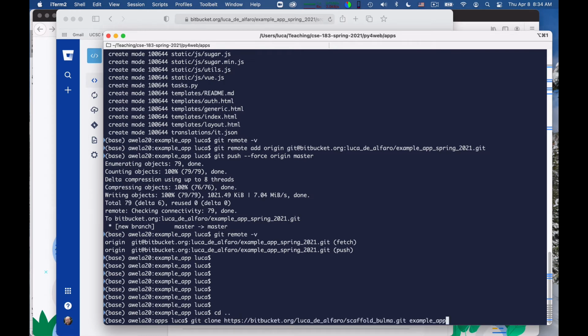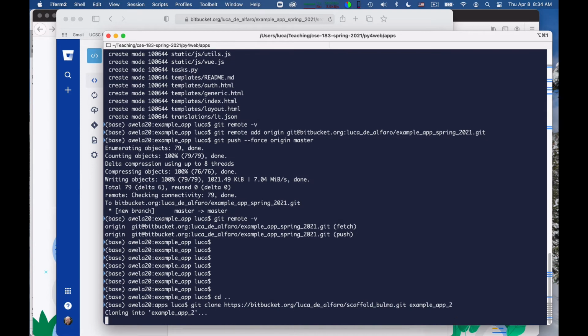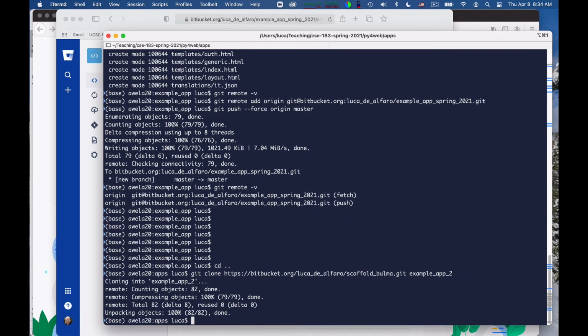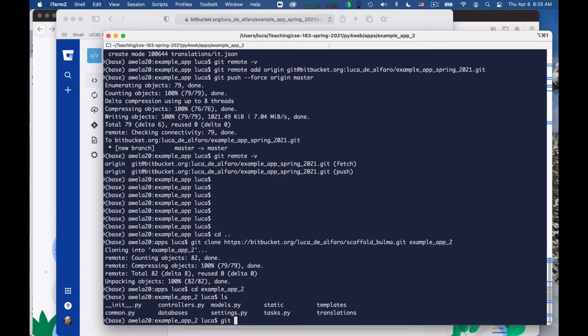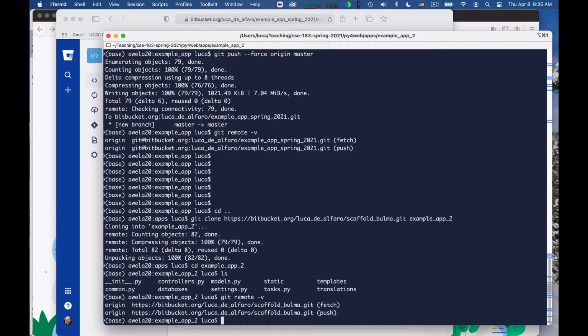Here it is, example app 2, I call it. Not full of fantasy, but I just want a name to give you a second example of way to work. So I clone it, and then I go into it. Example app 2. Now that I am in it, I can do git remote verbose, and it tells me this.